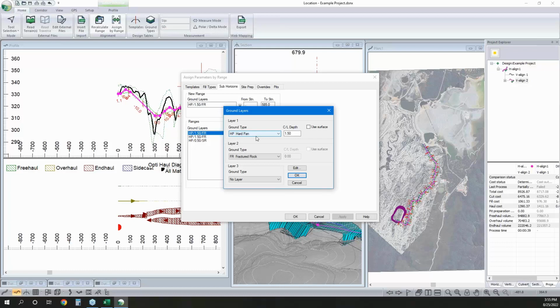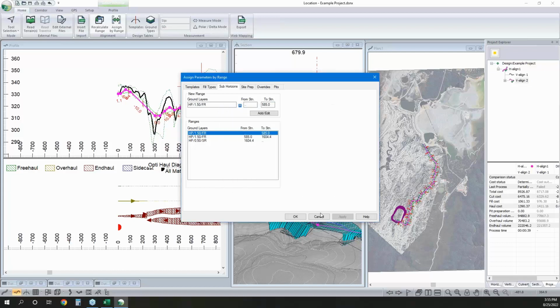It's just a matter of assigning it by range for what you have. So you have up to 3 ground type layers and assign different depths for those and different ranges for that material. And just for the sake of